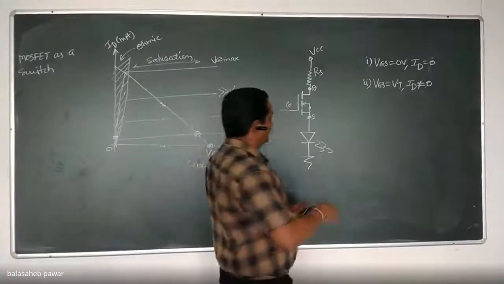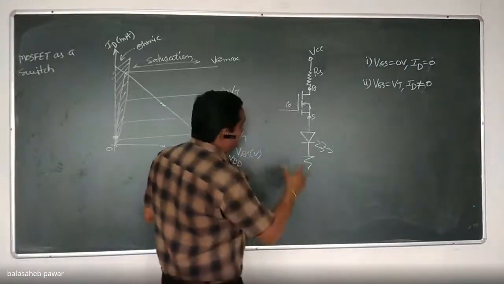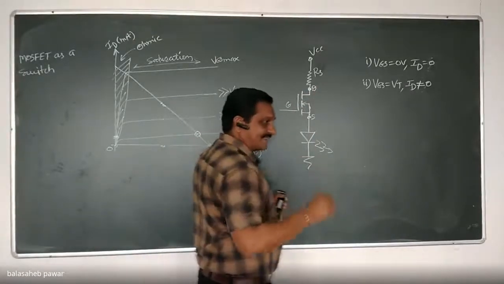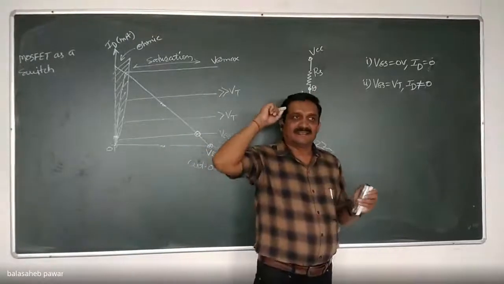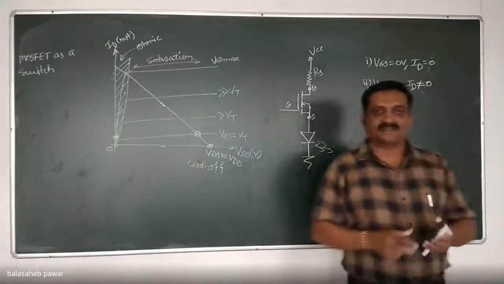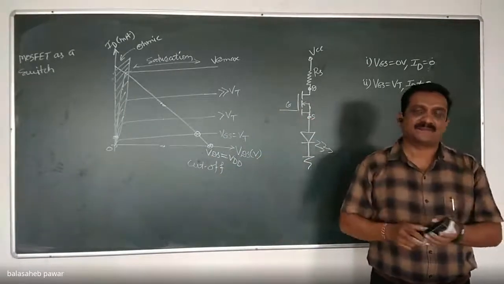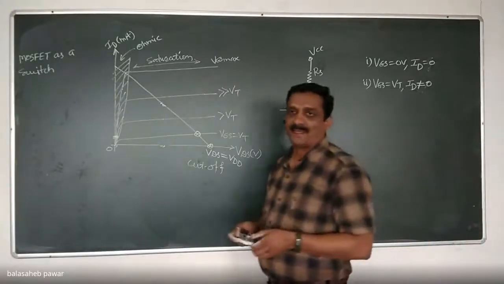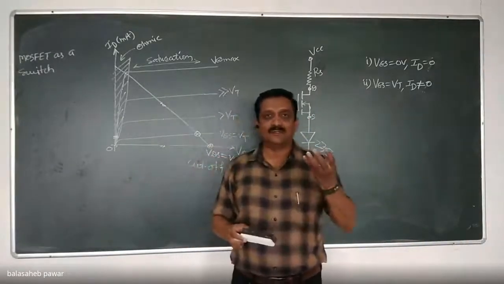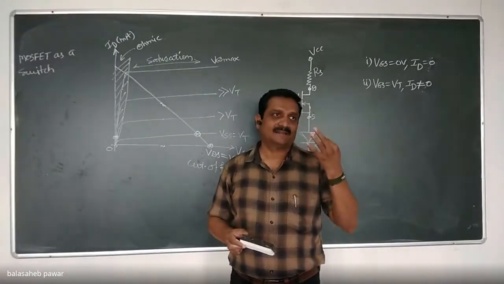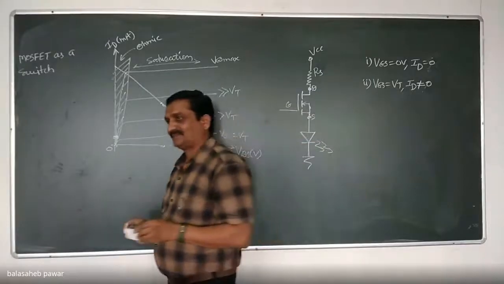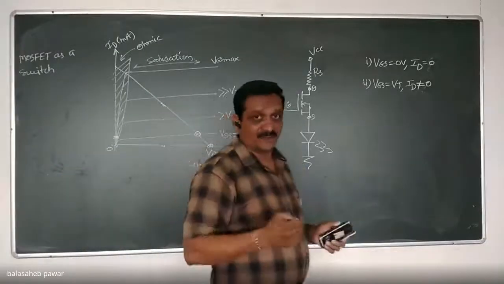Okay. In other words, in terms of resistance, how much resistance will that MOSFET device be able to offer between drain and source for the same condition, that is VGS equals VT? 0, infinite, very low, very high. Four options. Very high. Yes, and that's why the current is very small, correct?